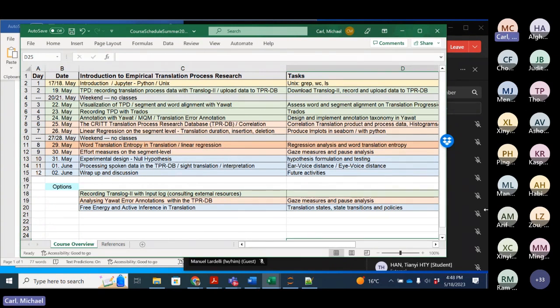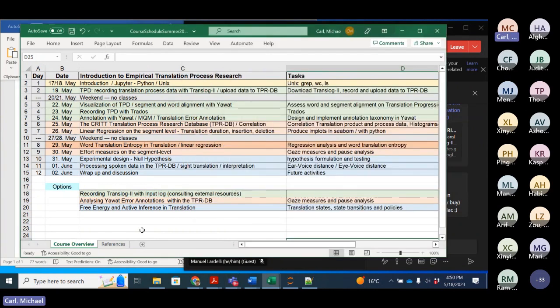There is a Windows simulation on Mac, but I'm not very sure whether this works. Do you use this Windows simulation on a Mac? I've tried it and it was not very straightforward, so I'm not actively using it. Yeah. Okay. But I guess it should work if you only record keystrokes with Translog.